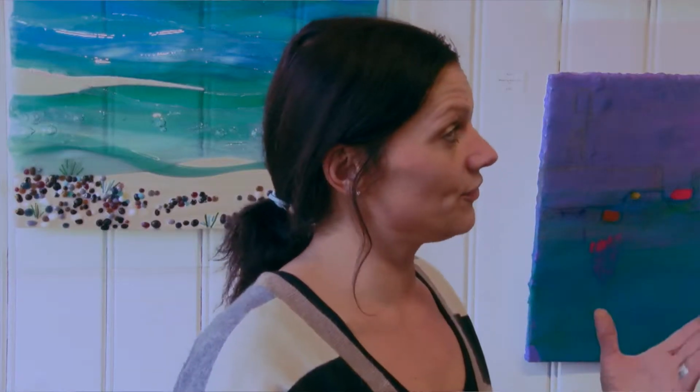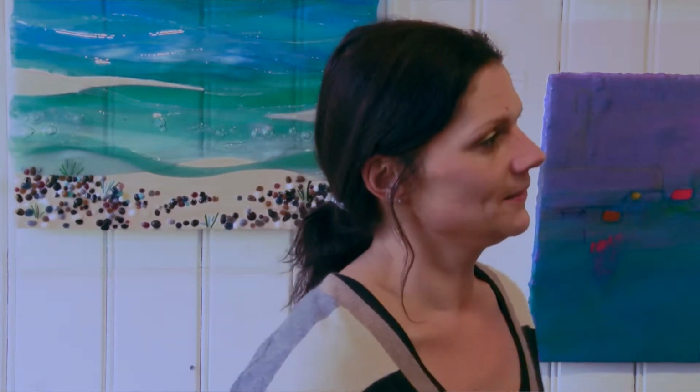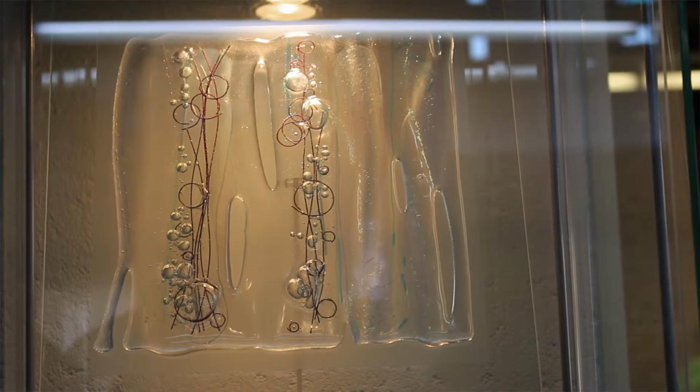And I think the difference with glass is it still has life in it when it's just by being, you know. And I always add a little bit of twinkle to most of them, so that depending on how the light goes, whether it's artificial or natural, it will always bounce off and add a little bit of twinkle. I love a bit of twinkle,